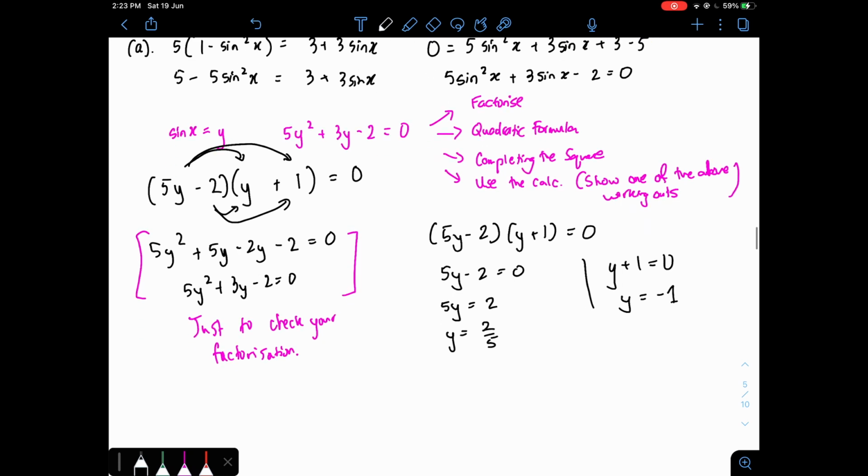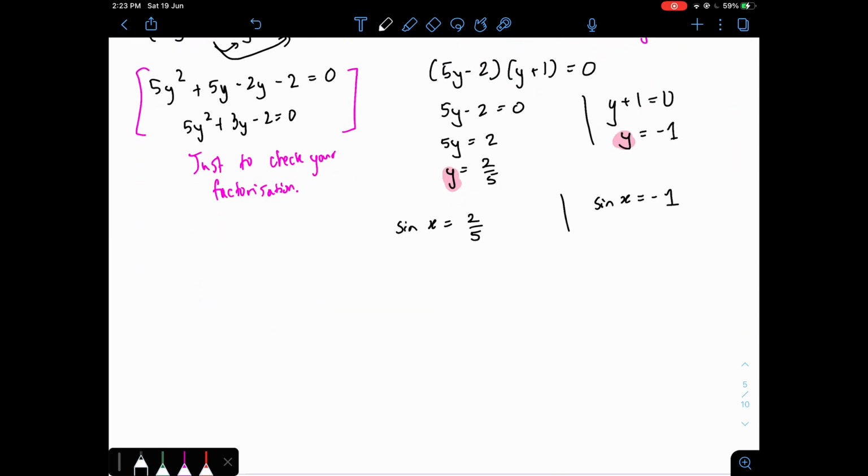So we remember that sine x equals y, it's the same thing as the y over here, right? So we can just substitute back into this. So this would be sine x equals 2 over 5, and this will be sine x equals negative 1. Okay, so we take the inverse of both sides. So x equals sine inverse of 2 over 5, and we get